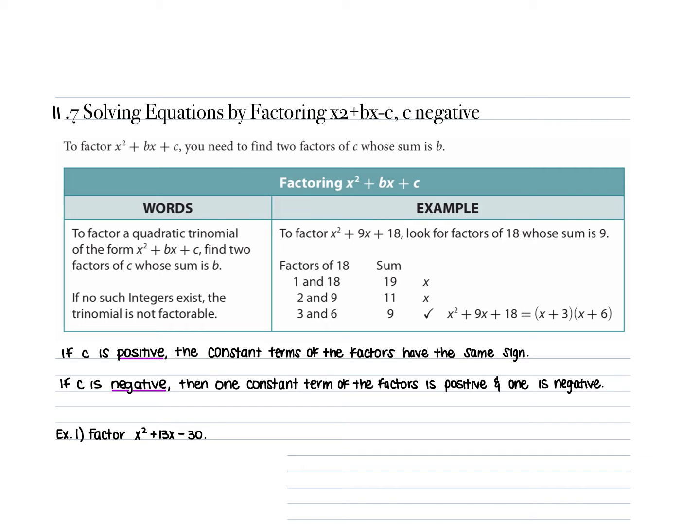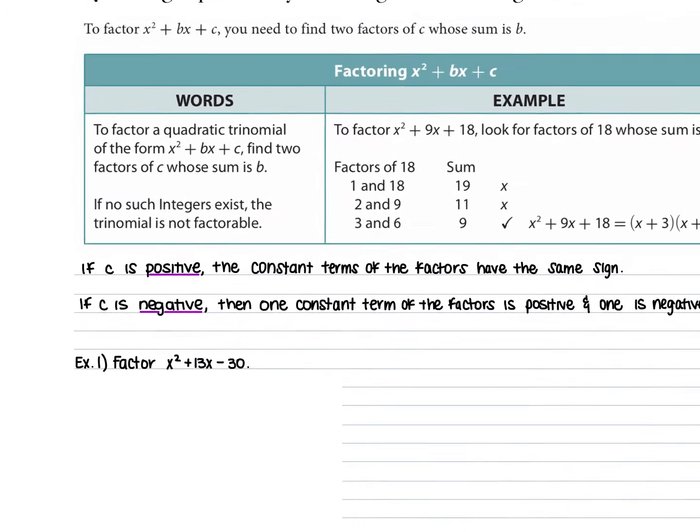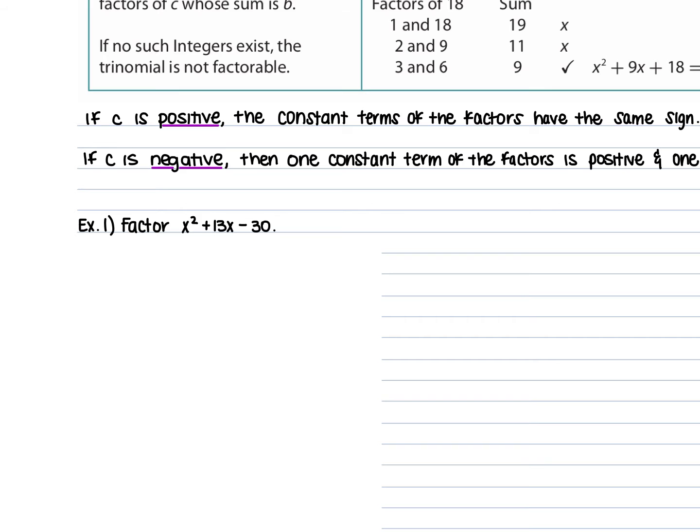11.7 goes over solving equations by factoring x squared plus bx minus c, where your c term is negative. When you do these, you want to find your factors of that c term like you did in the section before this, but you want to keep in mind that b term. That b term sign tells you which number out of your factors has to be the bigger number with that sign. So if you look at example 1, it just tells us to factor x squared plus